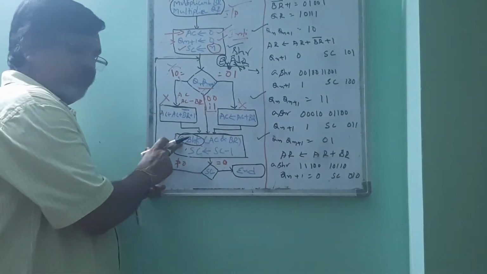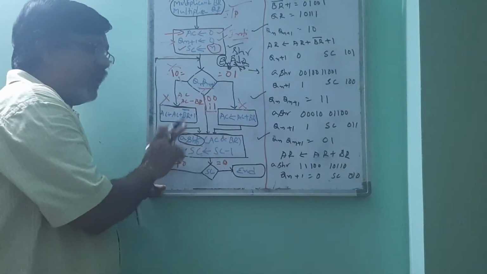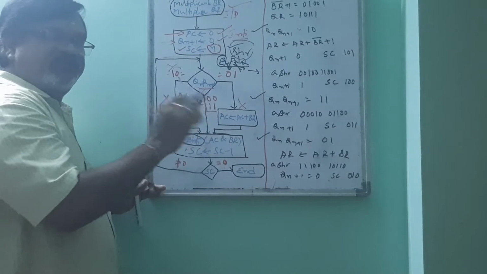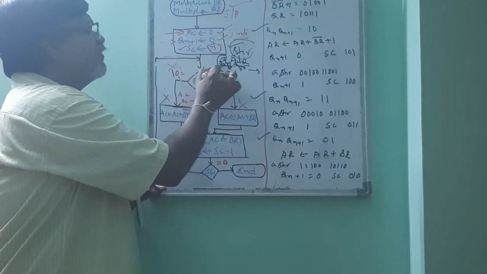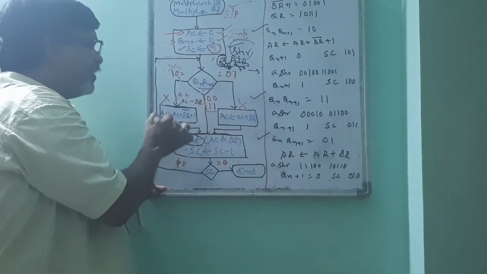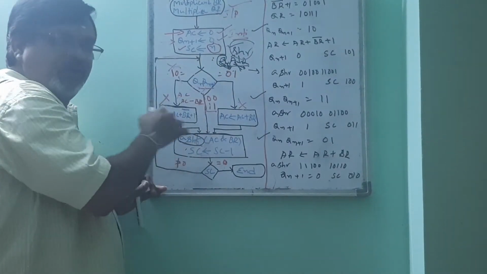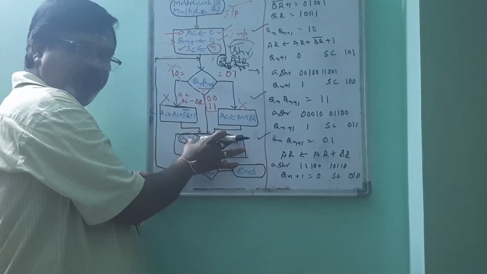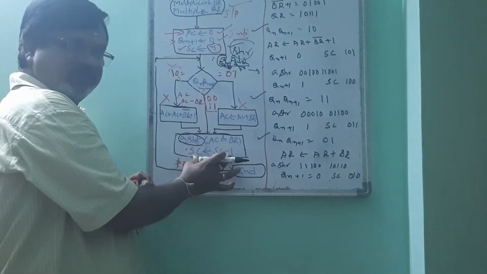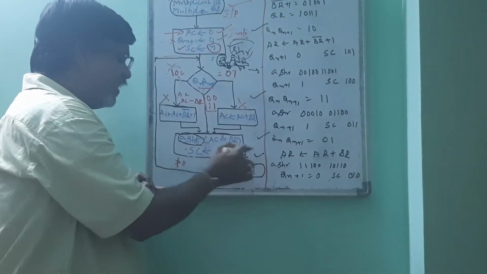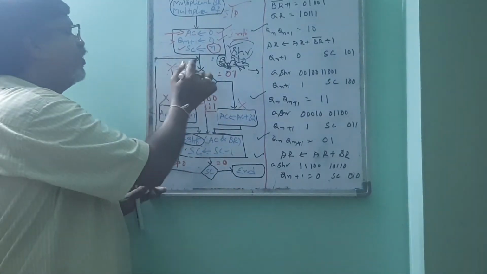This ASHF, arithmetic shifting, is different from shift right. In shift right, whatever the value is, if it is 1, 1 will be copied, and if it is 0, 0 will be copied. But here in ASHF, a 0 will keep being copied. After performing the shifting, we check the sequence counter value. If the sequence counter value is 0, the process ends. If it is not 0, then we repeat.